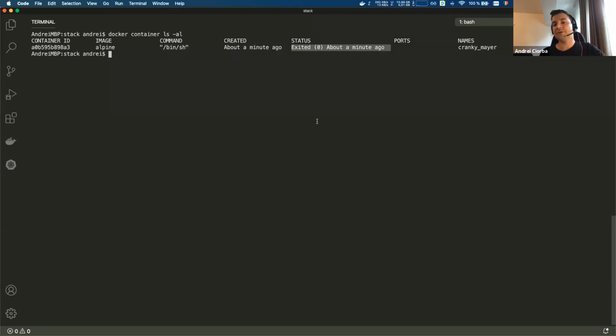Because again, the container is just an environment for a specific application. In this case, the shell. If the application dies, there's no point for the container to keep on running. All right. So the right way to actually run